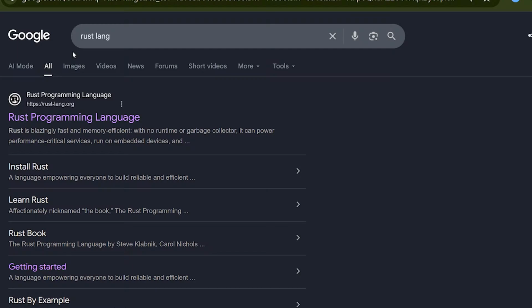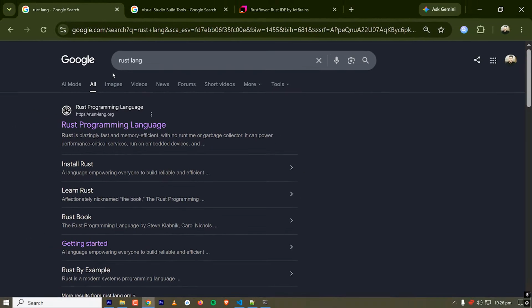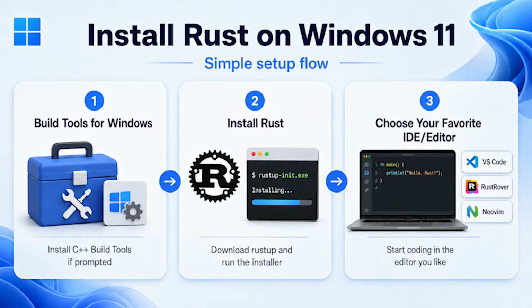Getting started with Rust. The main thing that we need to do to get started with Rust on Windows is to install C++ build tools, then install Rust, and then install your preferred IDE or text editor. Okay, so we'll first start with installing C++ development tools via Visual Studio, and I'm going to this page, which